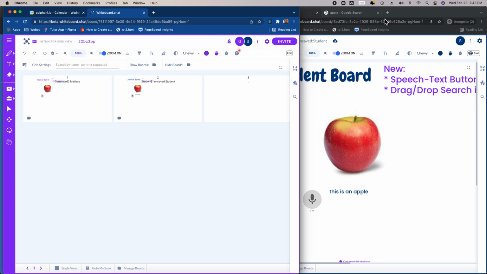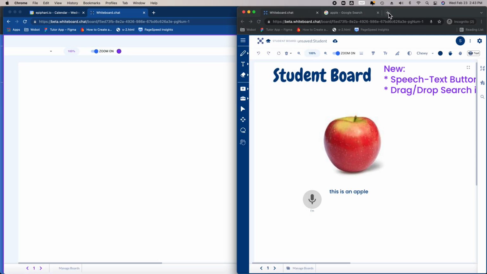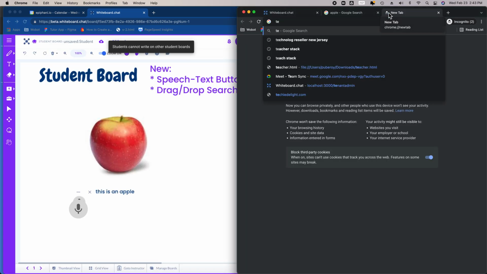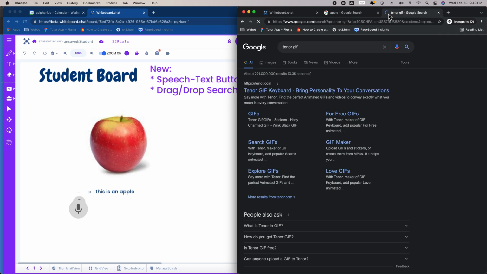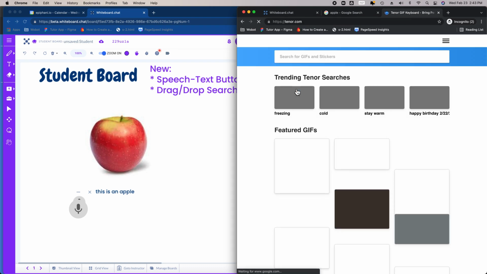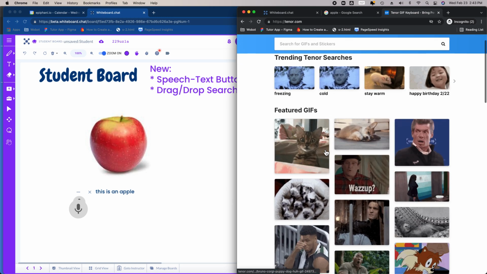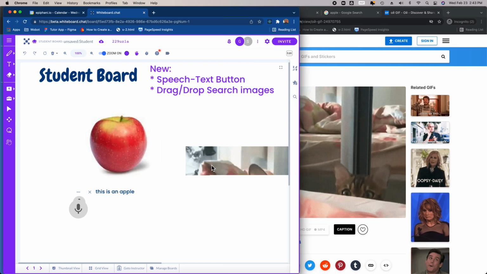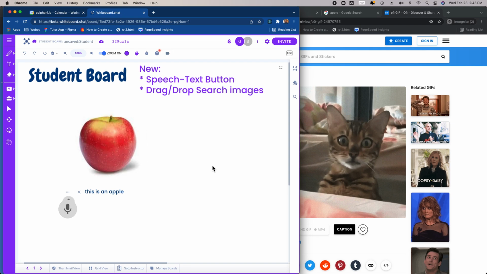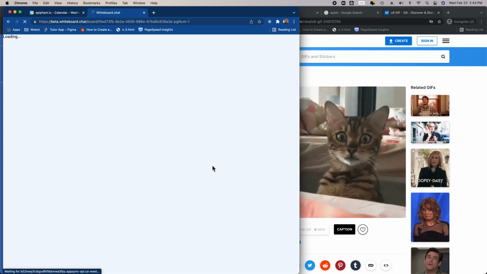You can also give them stickers. You can go, if you want to give them a gift sticker, you can even drag and you can, let's say, a card, right? You can just put it here, drag and drop again, and it'll show up on the student board. That's it. Super easy to use, and